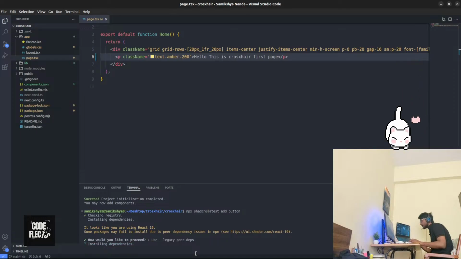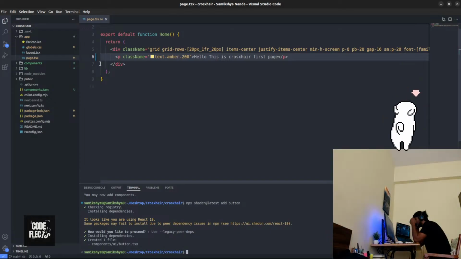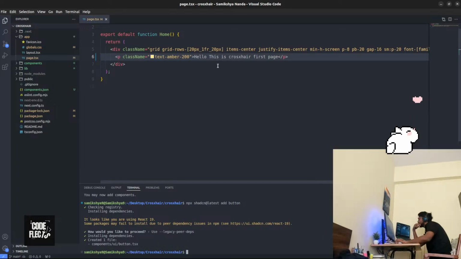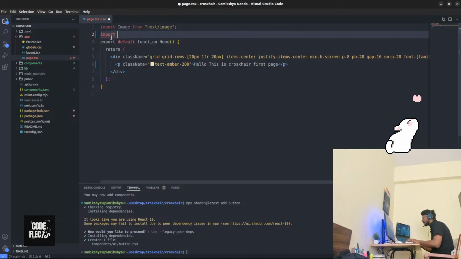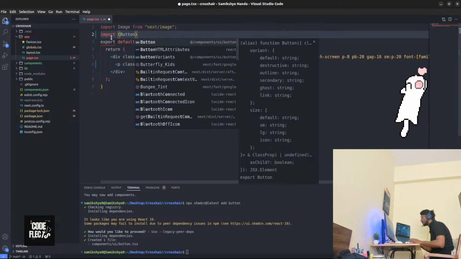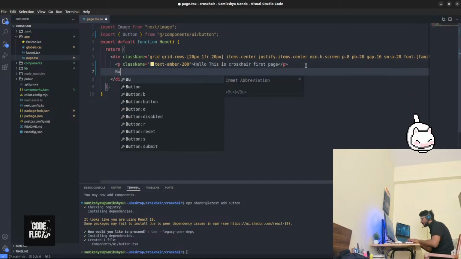Peer deps. Cool. So what it does is it downloads the peer dependencies, legacy peer dependencies. So assuming this, can we use the button? I mean, we should probably be able to use the button. Let's see. Button from components. Cool. We are able to import the button, so we shall be able to